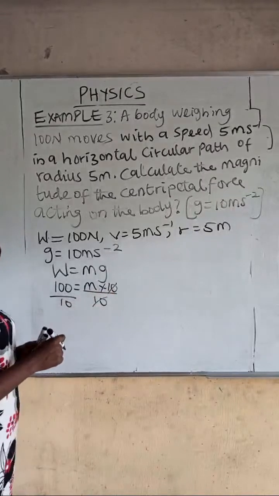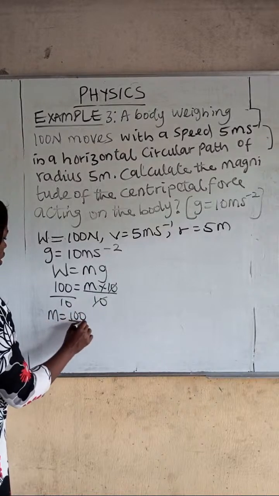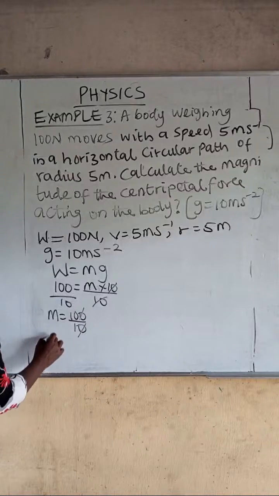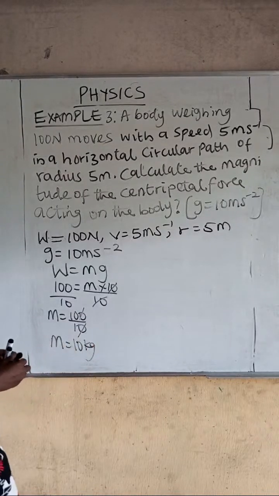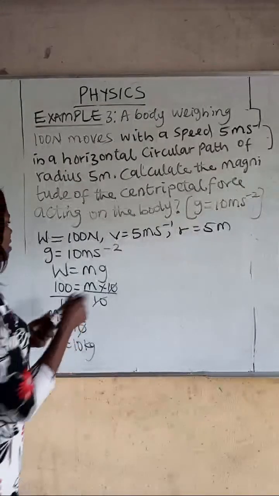This cancels this, right? Therefore, my mass is equal to 100 over 10. 0 cancels 0, right? So my mass is 10 kilograms. Okay? So since I've gotten my mass to be 10 kilograms, the next thing I'm going to do is to